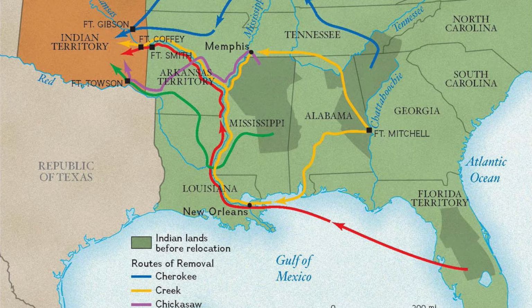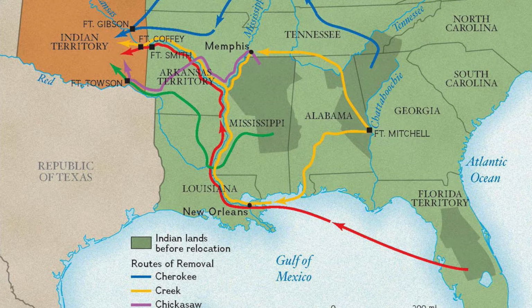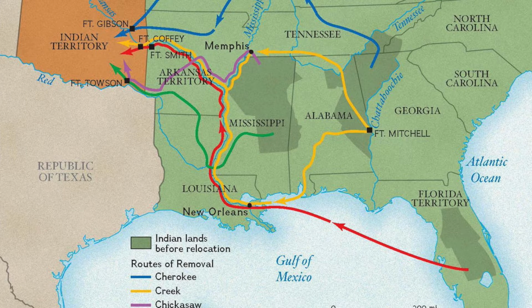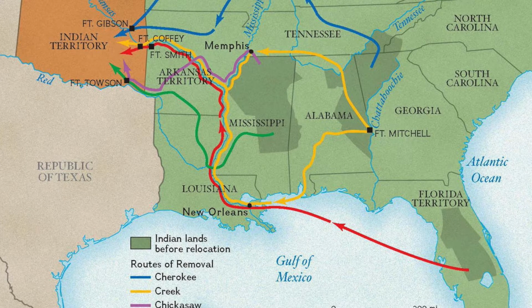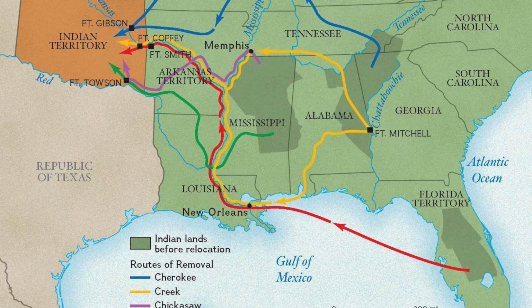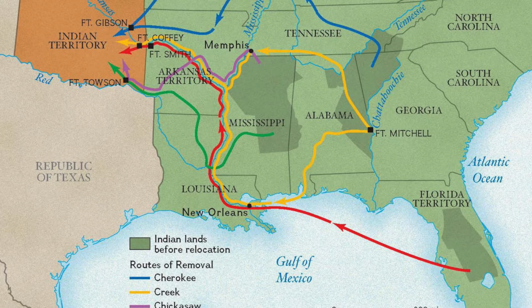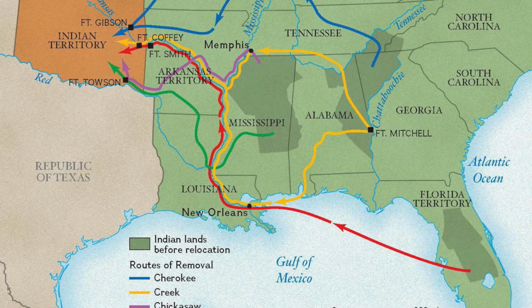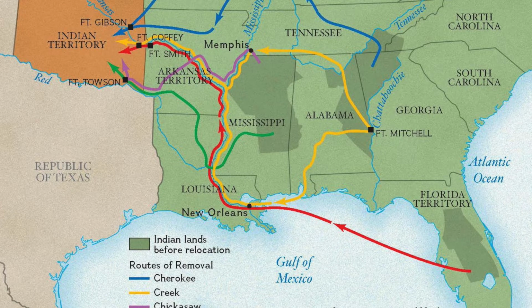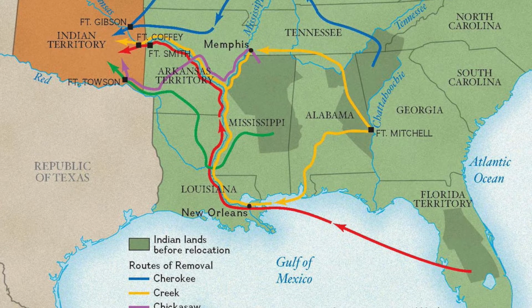All right, guys, so what you should be seeing now is a map of the United States that maps out the different routes that were used for Indian removal. As you can see, we're going to have the five civilized tribes, as you guys should know by now: the Chickasaw, Choctaw, Creek, Cherokee, and the Seminole. They are going to be removed from their land based off of the Indian Removal Act of 1830, which is passed by Congress. They're going to try to fight it in the Supreme Court, but it's not going to be